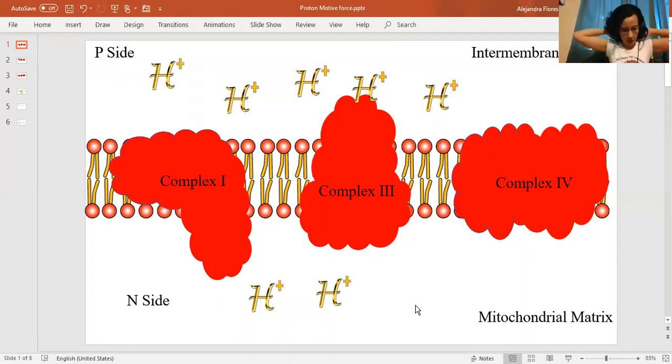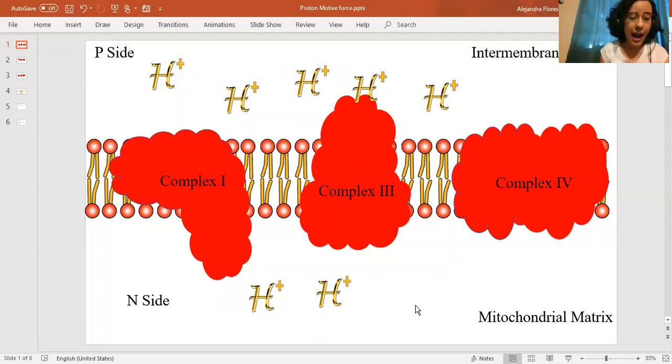Okay, we have all these protons in the intermembrane space, and the mitochondrial matrix has a few. What's next? The next part, I want to explain with a little story. Imagine that you're at a party full of people. You just want to get out because there are so many people that it feels so crowded, so you want to go to a place that is less crowded. The protons are the same. They will move spontaneously down their electrochemical gradient,